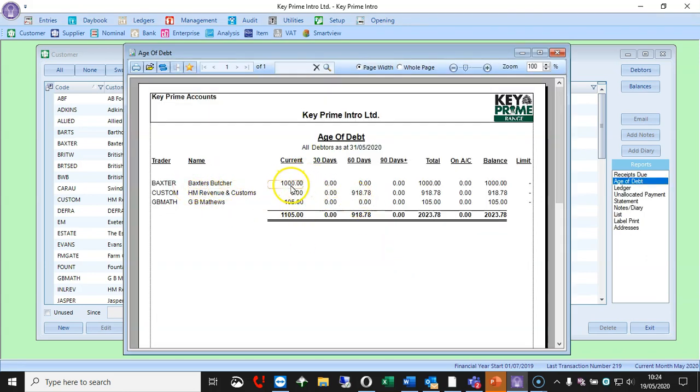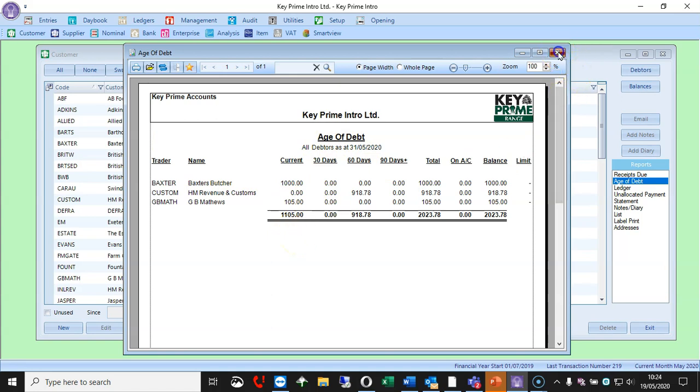So this may be because you have been posting your bank receipts or your sales invoices on the system, and you will have these in here at your year end. And I'll have a little look at the transaction in a minute. So were they, as at that date, did they owe you money? That's the thing we need to check.